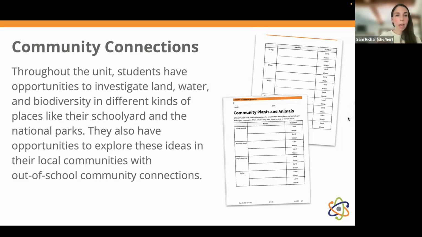So these are ways for students to see that these patterns of shapes and kinds of land and water, as places where plants and animals live, and there being biodiversity in places like their schoolyard and the national parks, isn't isolated to individual places. This is something that they can see in their own communities. And through building these patterns of noticing patterns in land and water, patterns in biodiversity in their own communities, their schoolyard, the national parks,